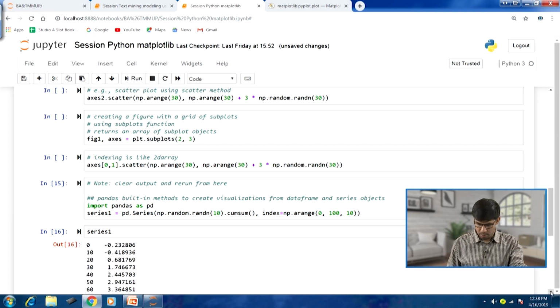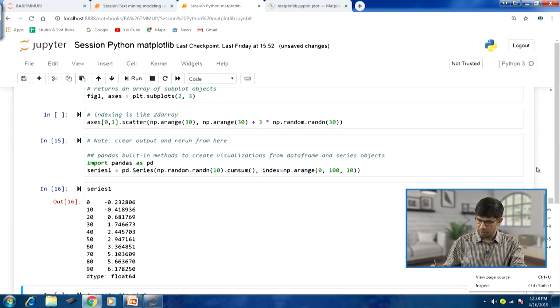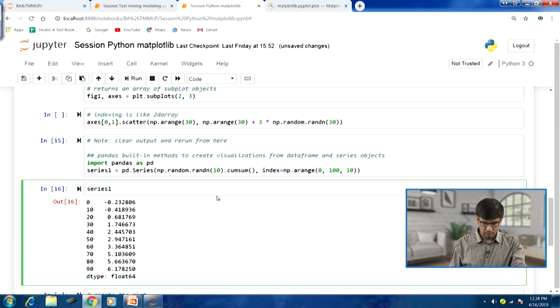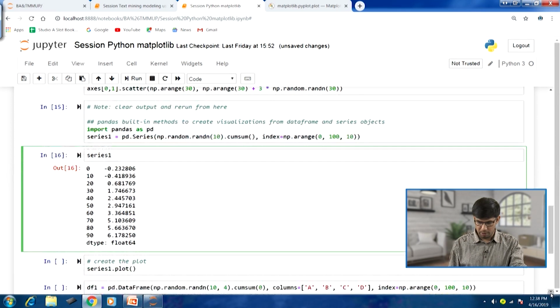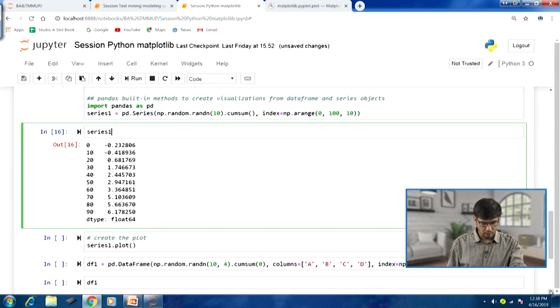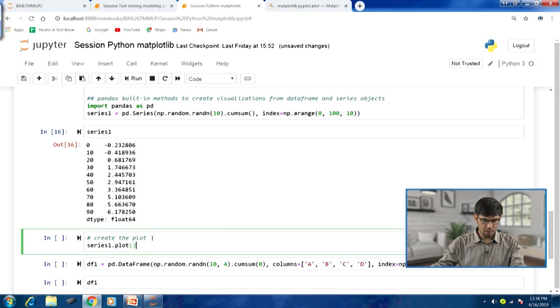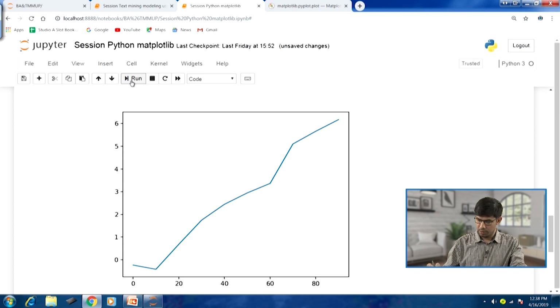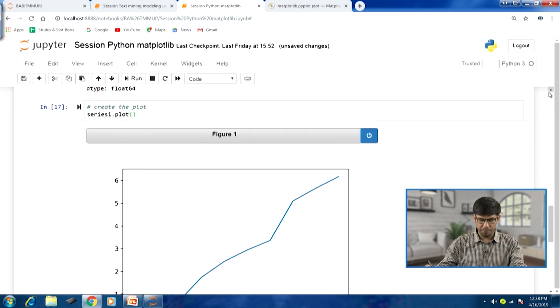So, you can see, and you can have a look at the indices also. The indices are the way we have generated them, you can see the different indices we have generated. Now we can go ahead and create a plot. In pandas built-in functionality, we have the plot method. For any series or data frame object, we can call this plot method. So, we can call series1.plot, and the values that we have are going to be plotted here. If I run this, you can see again we have a fig kind of object that has been created and the plot has been generated.